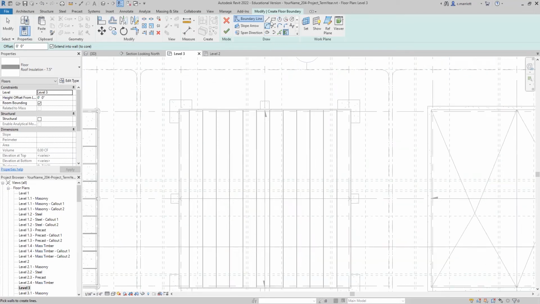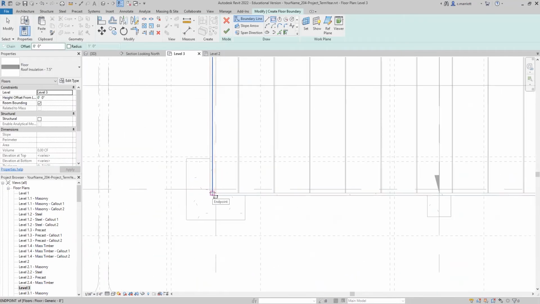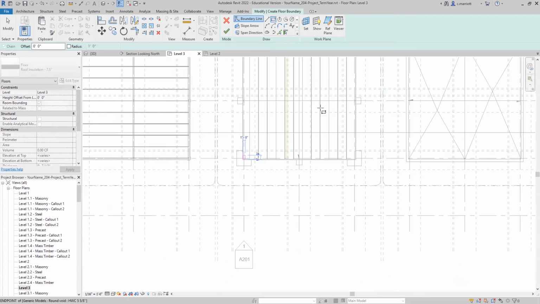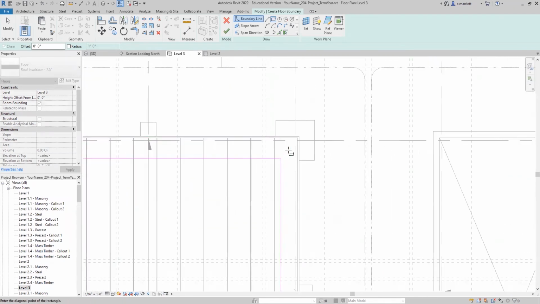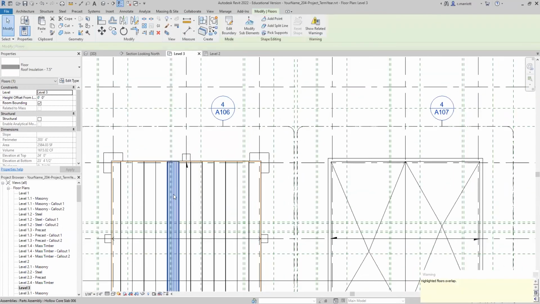And so the process is the same. I'm going to snap to the corners of the hollow core slabs. That outer square is the slab, the concrete slab below. And click on the check mark. Okay, I get that same message,